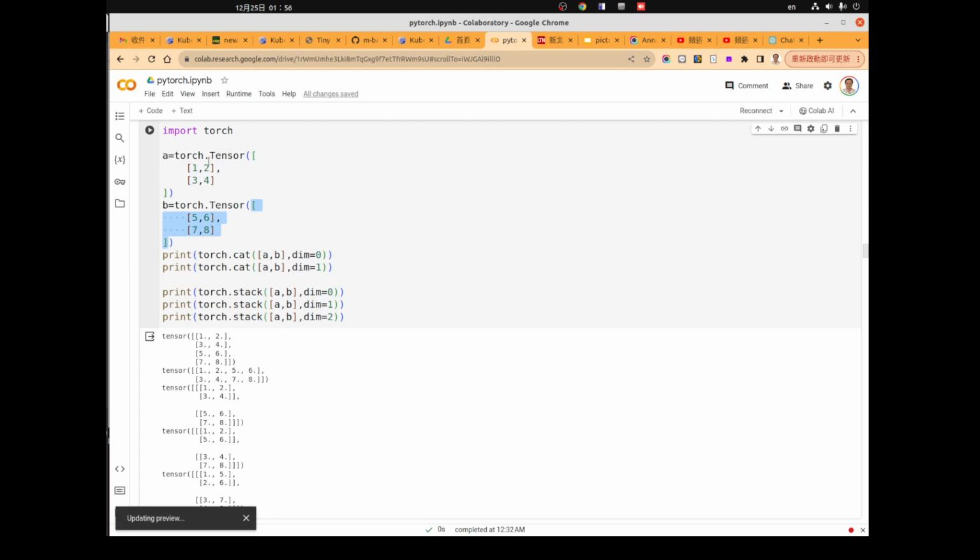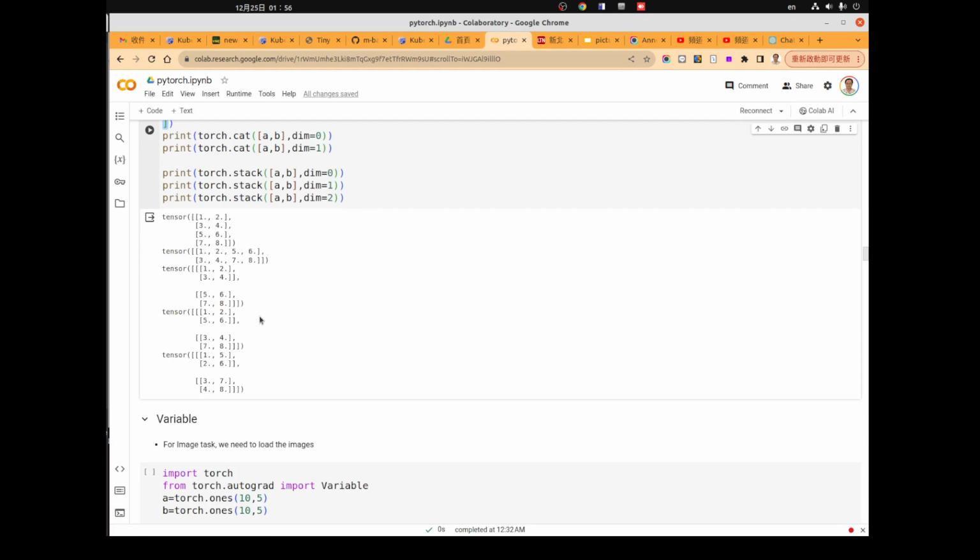So you will create a new dimension in dimension 0. It means that now we have 1, 2, 3, 4 here, and we will have 5, 6, 7, 8 here. So this is the extra dimension.